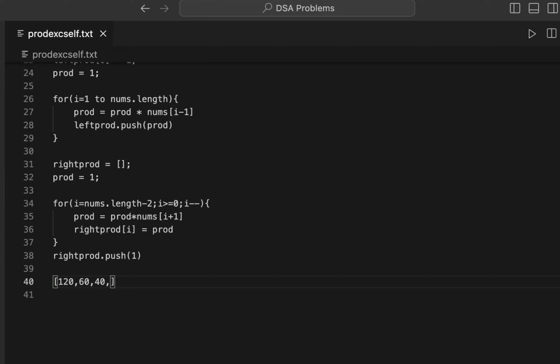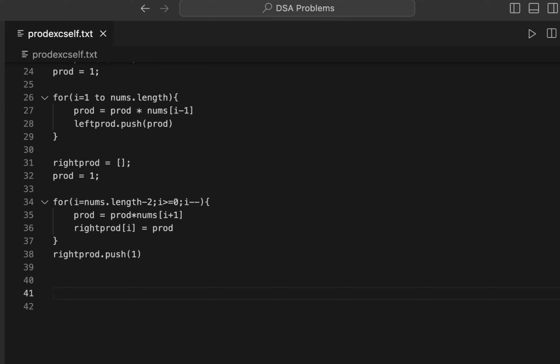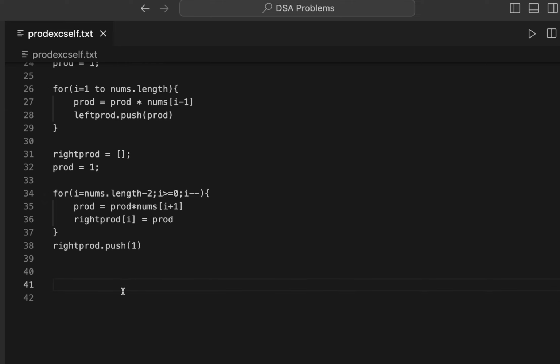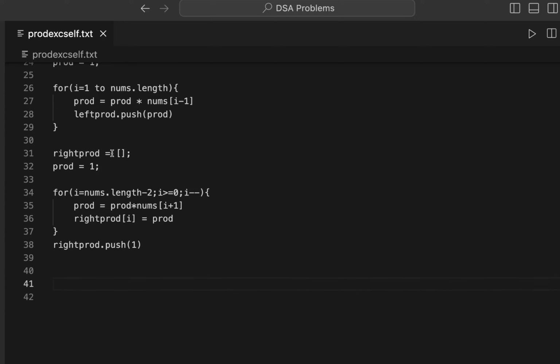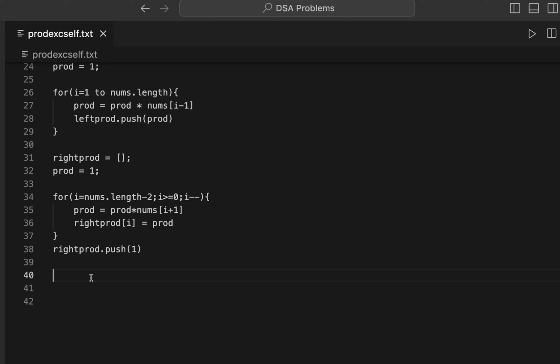40, 30, and 24. This was the answer. And from here, I guess I'm talking about the left product, that it will be around something like 120, then 20, something like this. So this is your right product, and now it's time to multiply the right product and your left. So if I'm multiplying my left and right product, right away, I will start from i equals to,